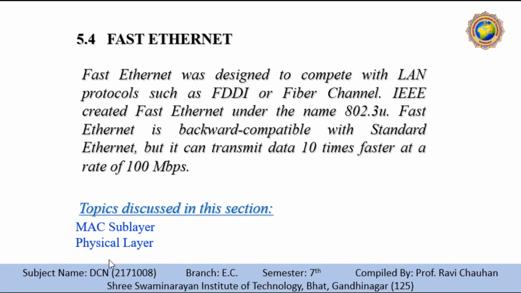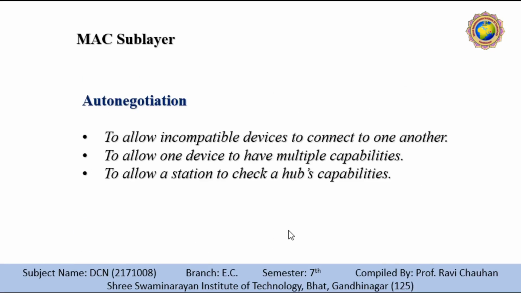The following topics to be discussed in Fast Ethernet are the MAC sublayer and the physical layer. First, what is the MAC sublayer in Fast Ethernet? The main consideration in the evolution of Ethernet from 10 to 100 Mbps was to keep the MAC sublayer untouched. However, a decision was made to drop the bus topologies and keep only the star topology. For the star topology, there are two choices, as we saw before: half duplex and full duplex.